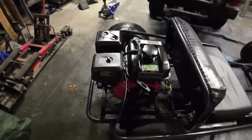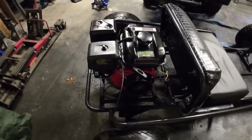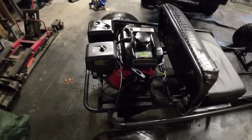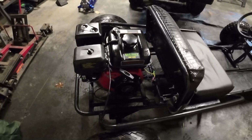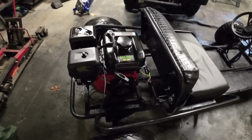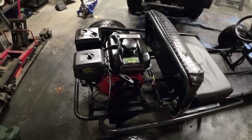After some reconsideration, I am about to pull this brand new Predator 224 motor that I put on this go-kart off and put the original 212cc one that's over there back on here. And I'm going to raise the gas tank on that 212 up a little bit so that fuel line won't get kinked at all anymore, and swap that and keep this good new motor